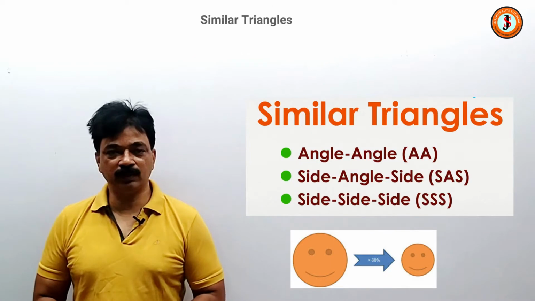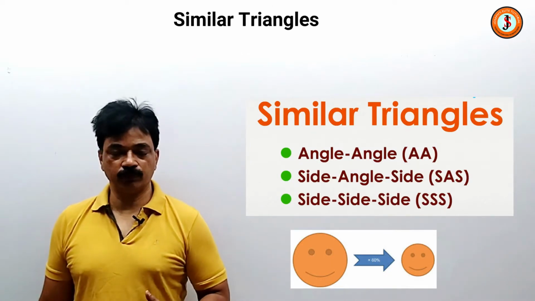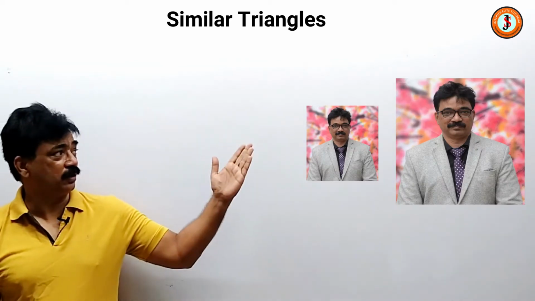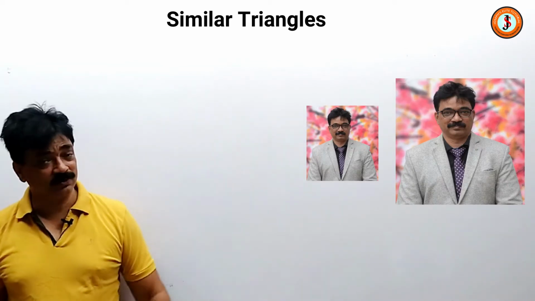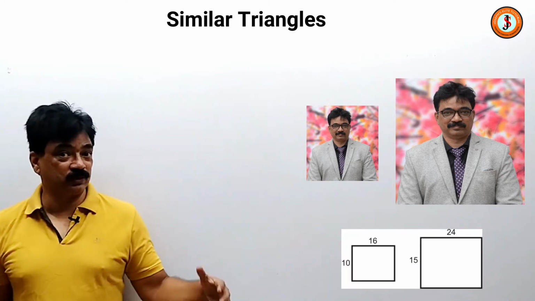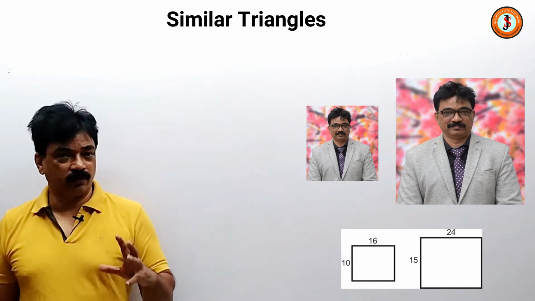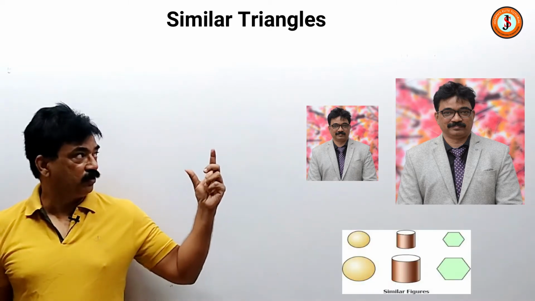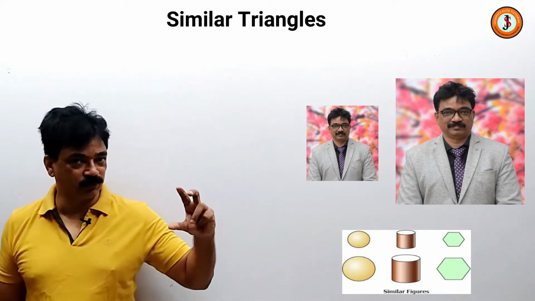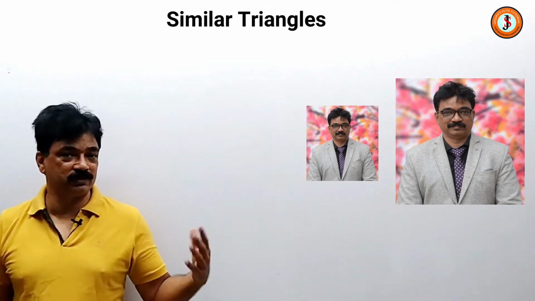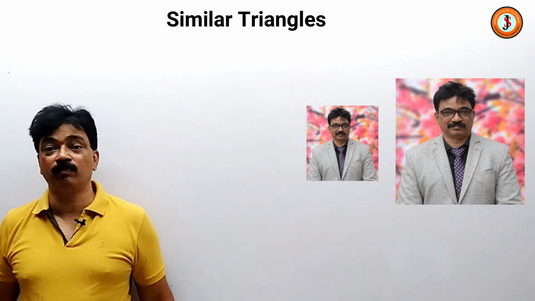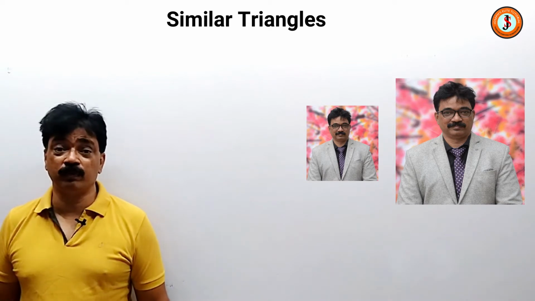Hello children, we are studying similar triangles. So, what are similar figures, we try to understand. Suppose there is my photo which is of one size, say for example the stamp size, and there is another size which is the passport size. Those, the stamp size and the passport size developed from the same negative at the same time, will be similar because their sizes will be different, but each part will be proportional to each other.